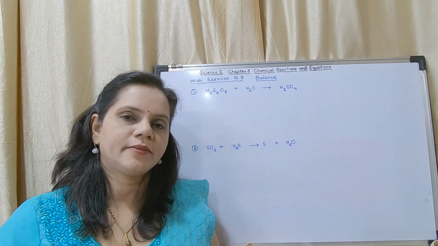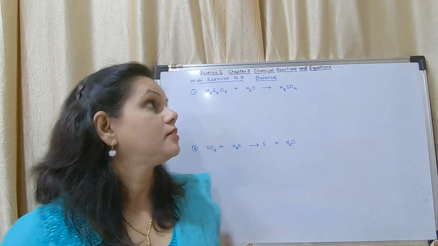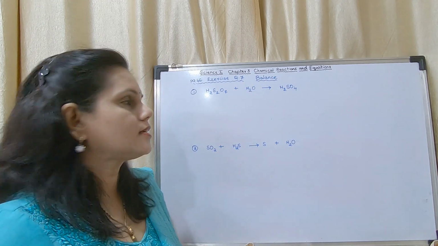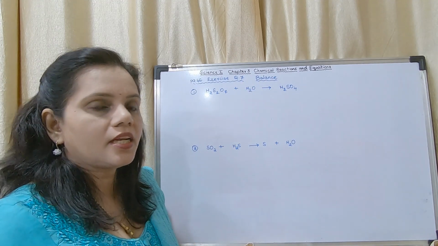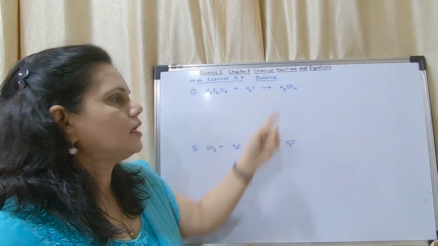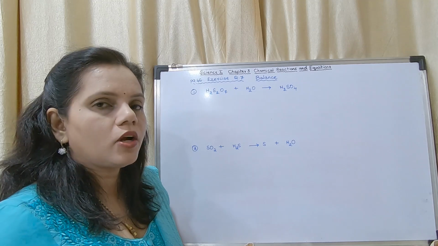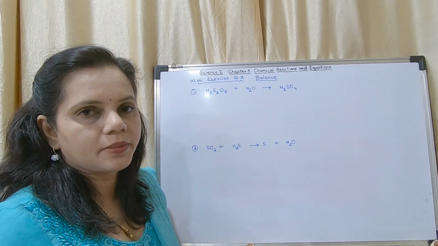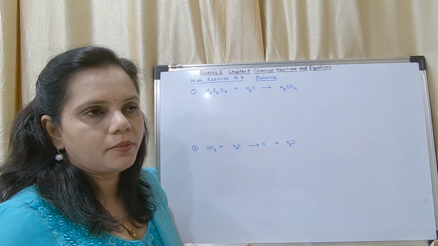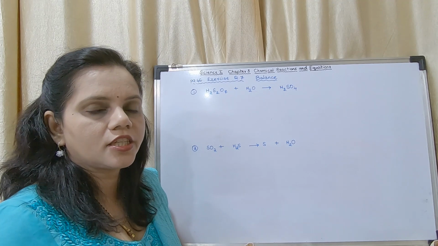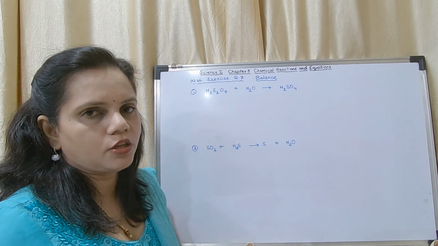Okay, so this is the next question. Question number 7. It is to balance the chemical equations. Now I am going to balance the chemical equation. The equation given is H2S2O7 plus H2O giving H2SO4. I am not going to write the steps. You are supposed to write the steps by making tables. You have to make a minimum of 2 tables, one unbalanced table and one corrected table.